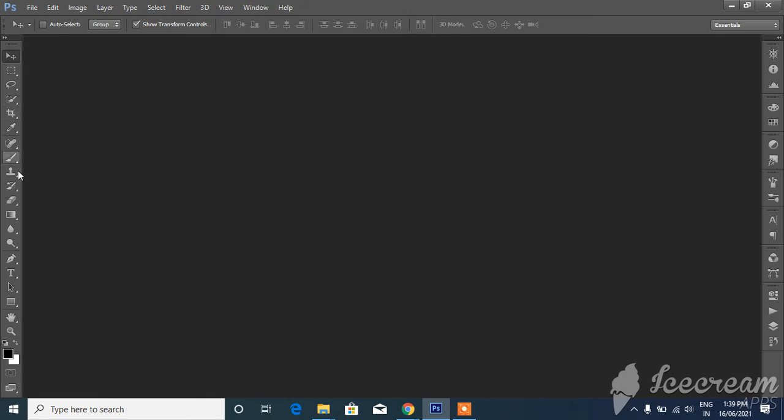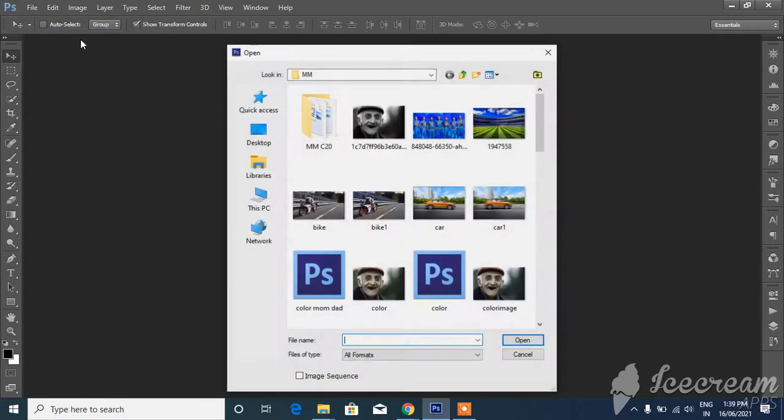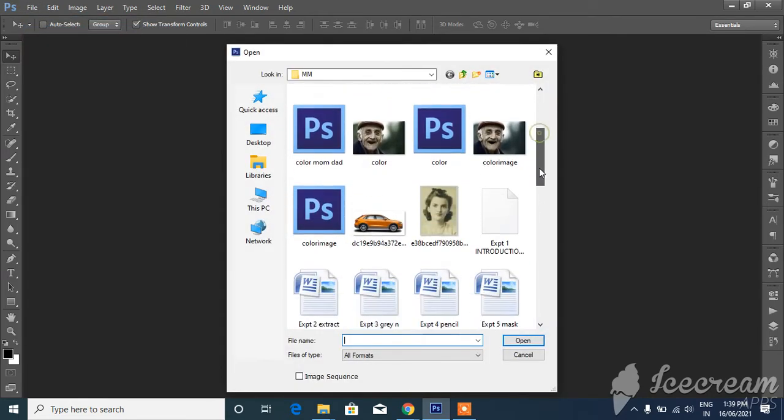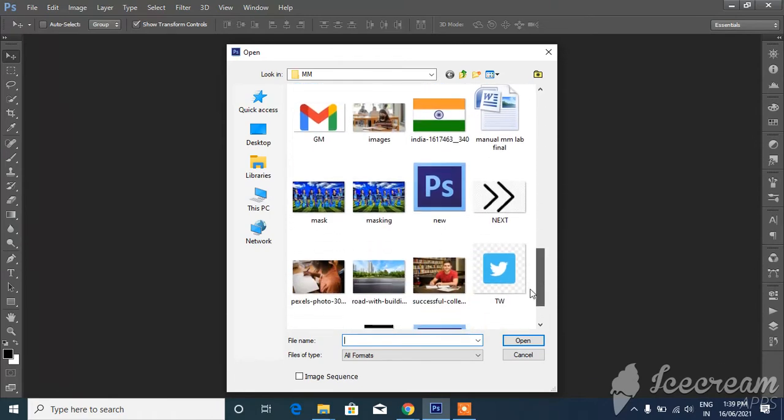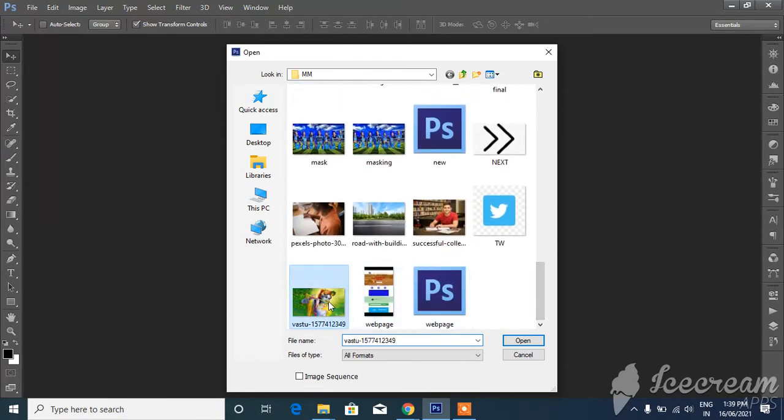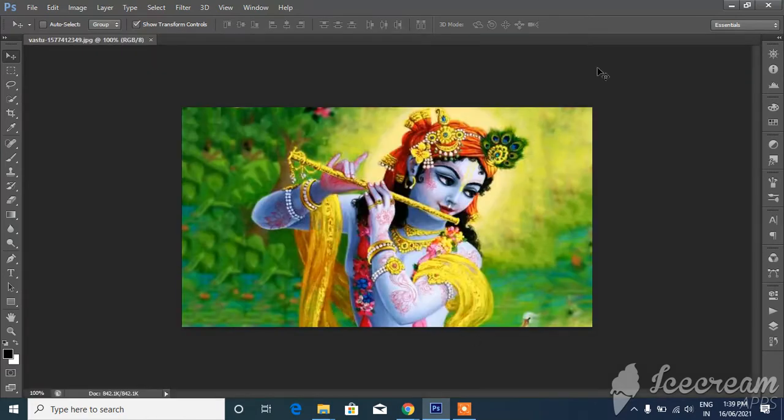So in this experiment, we'll be seeing how to highlight an image. For highlighting, first let us select an image. Any random image can be taken. We will be taking the image of Lord Krishna, and over here what we'll be doing is using the lasso tool,